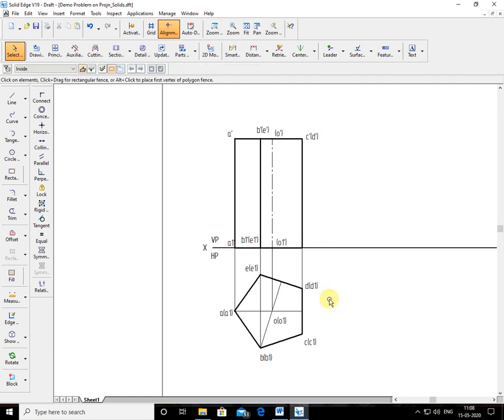Now here C1 is seen, D1 is hidden. C1 dash in bracket D1 dash.